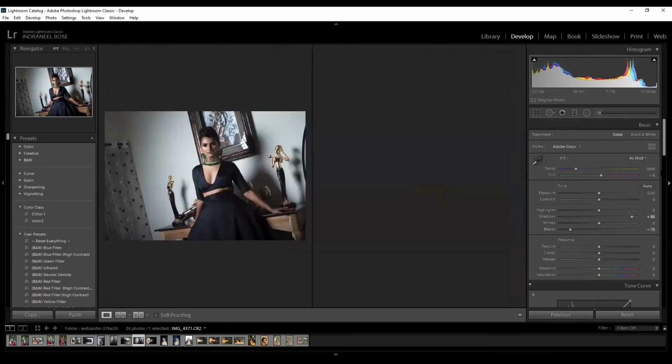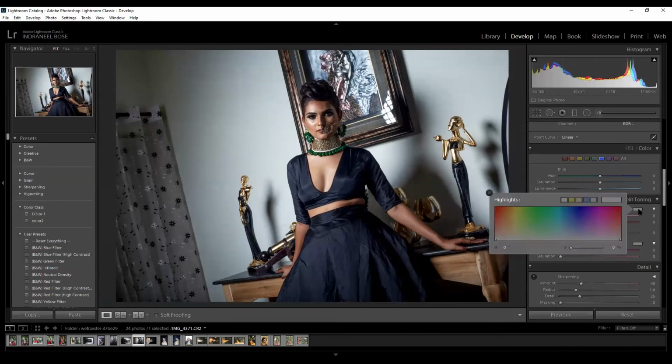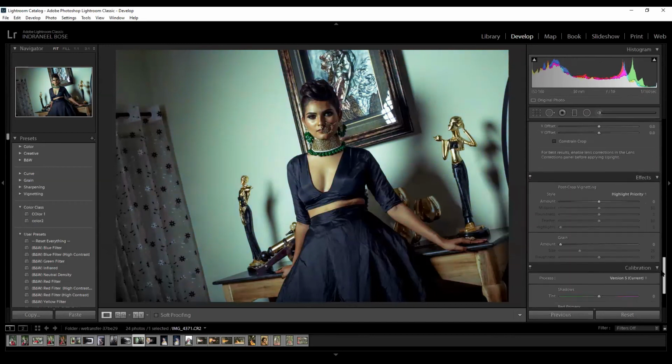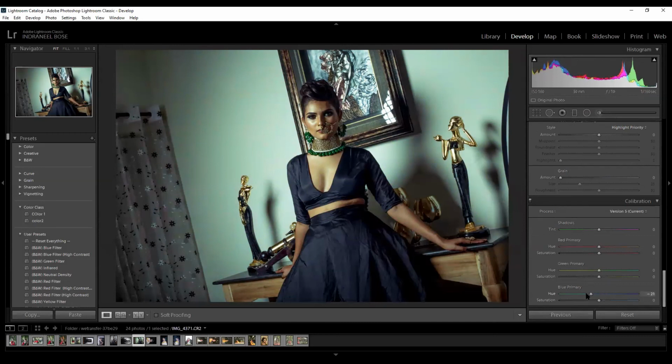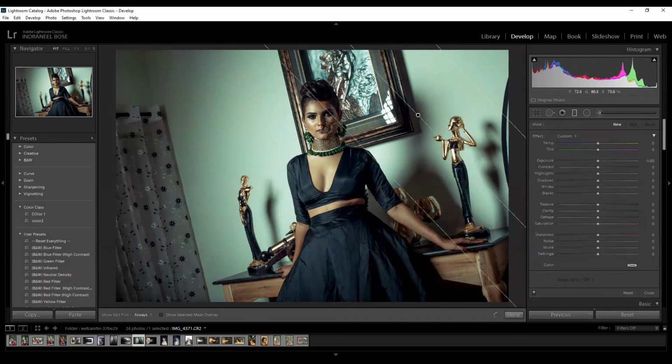And with a simple split toning, you can easily work it out. With split toning we are doing this and adding this. We have a different drama in the image. So let's increase the saturation a little. Now we can easily put a graduated filter over here, filling it with something new.